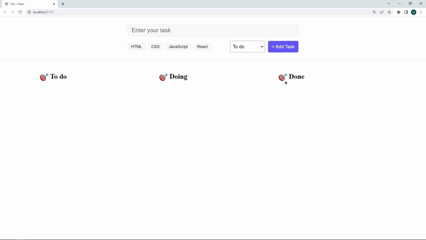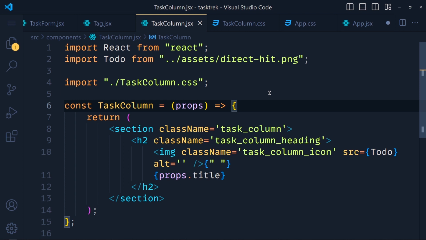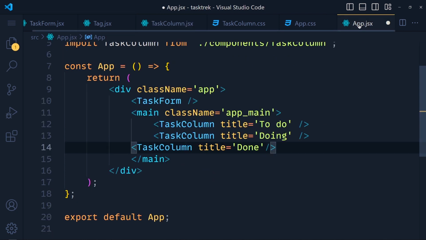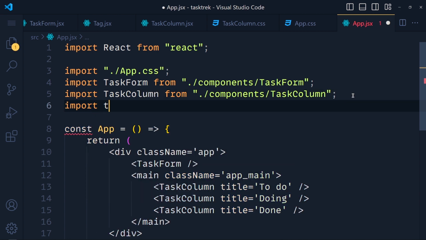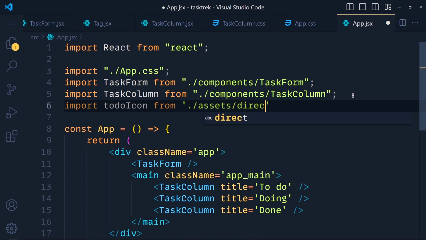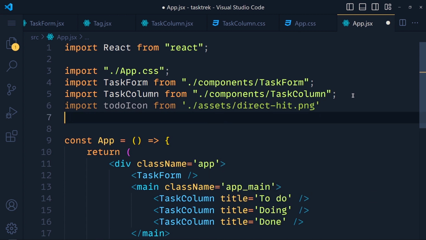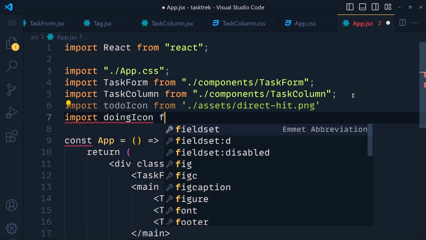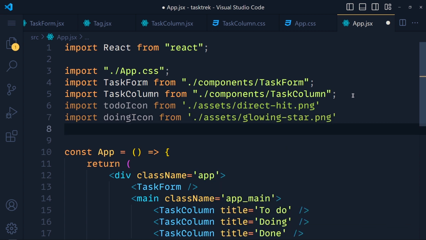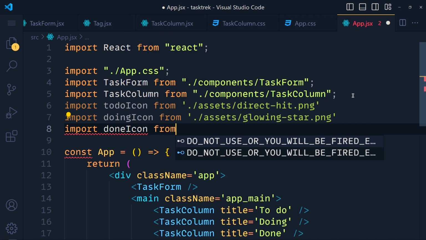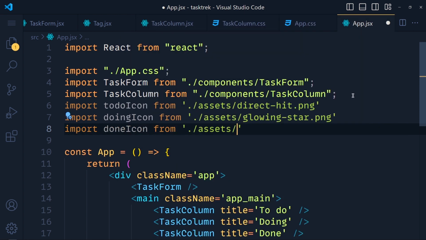Now let's see how we can change these icons. So for that, we also use props. Let me tell you the logic. So first, we import all three images in this app component and we will pass them as props. So at the top, we first import to-do icon from ./assets and direct hit.png. After that, import doing icon from assets and glowing star.png. And at last, we import done icon from assets and check mark